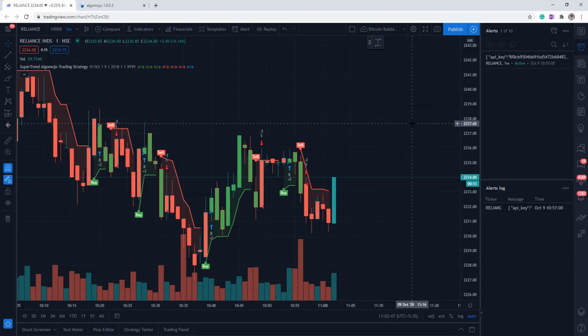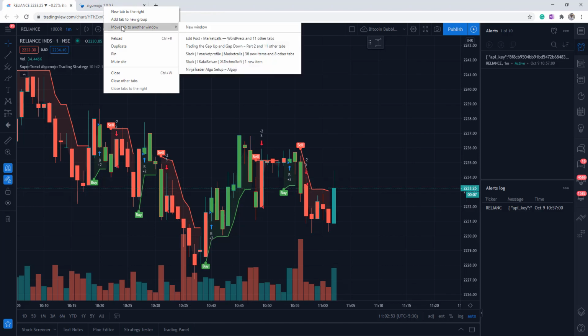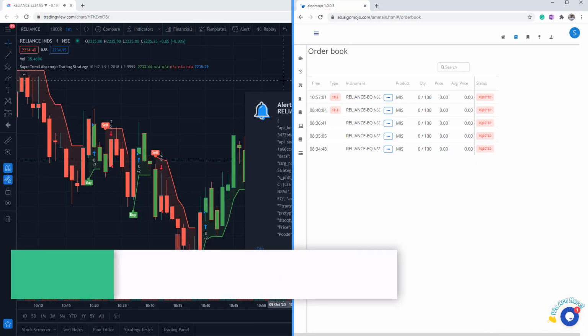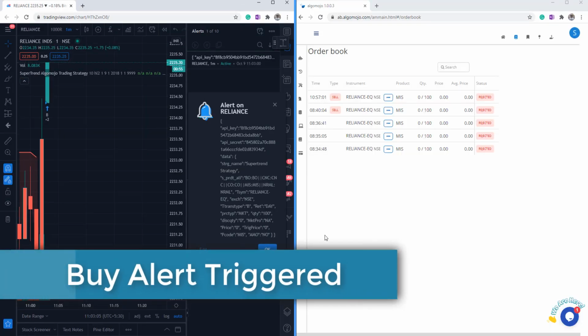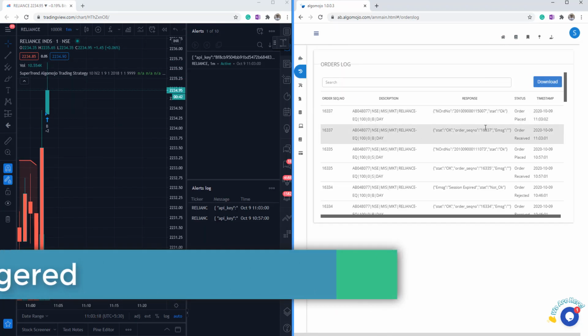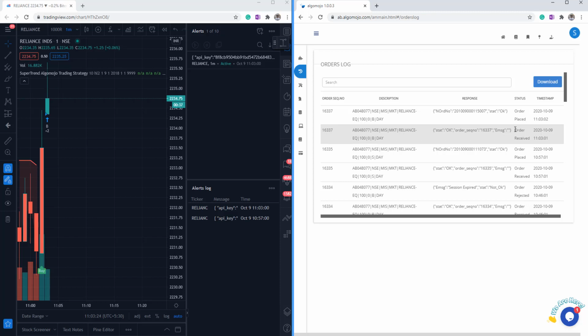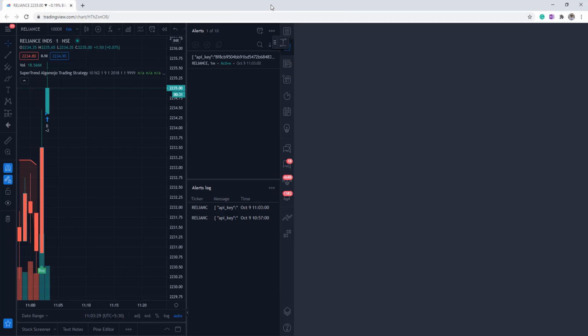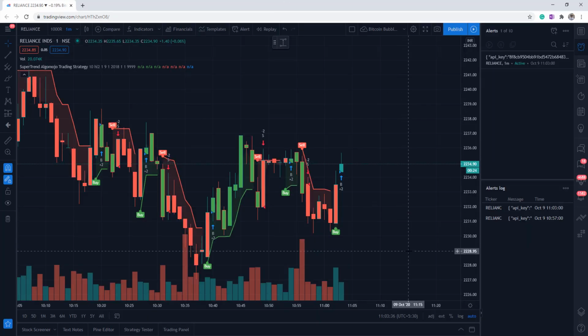The trailing stop loss went a little bit down, price also inching up very closely, and I guess the price started crossing and close of the candle it will trigger a buy. So there's a buy order got triggered. You can see that the buy alert got triggered immediately. The alert also placed an order, which if you go to the order log section, you will be able to find out the alert section as well simultaneously. So that's a most important thing.